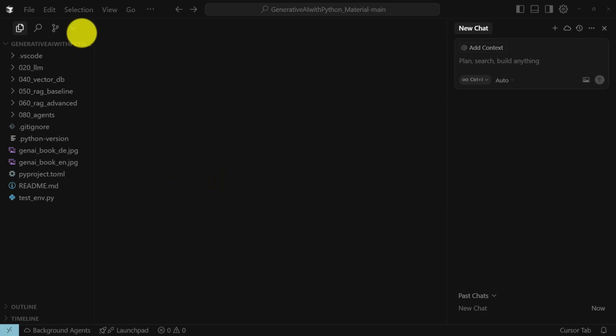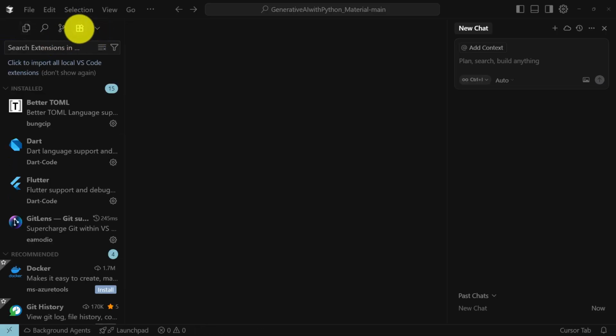Good. Next part is that we search for the extensions. If you use VS Code, this bar is going to be at the left-hand side vertically. That is the main visual difference between Cursor and VS Code. But anyhow, this is the extensions tab, and in here we can search for some extensions that we are going